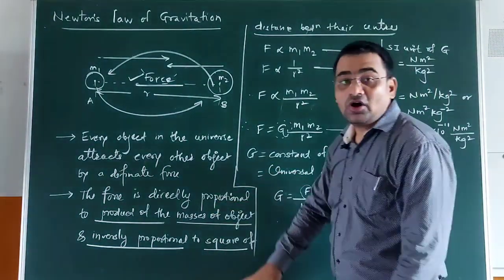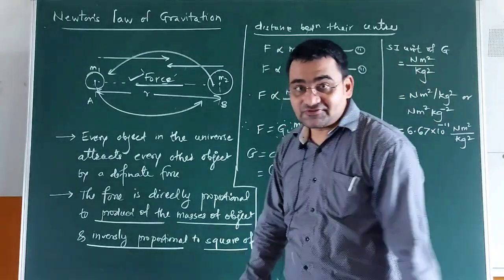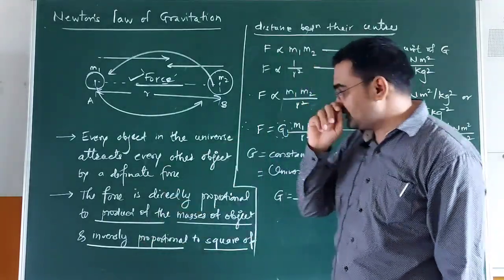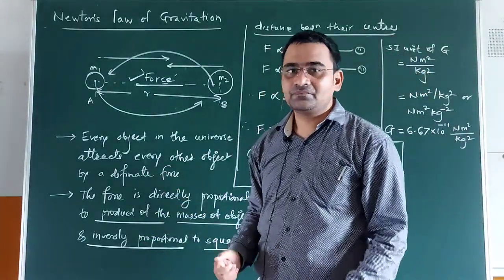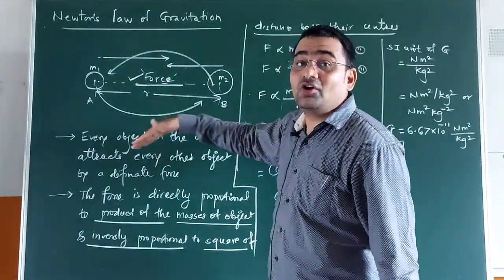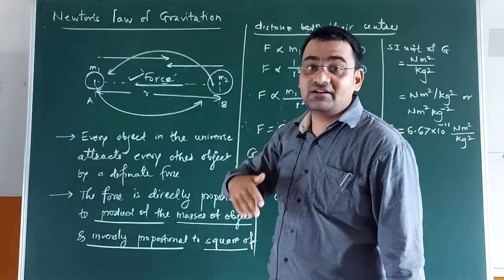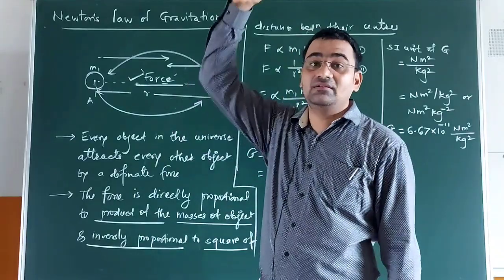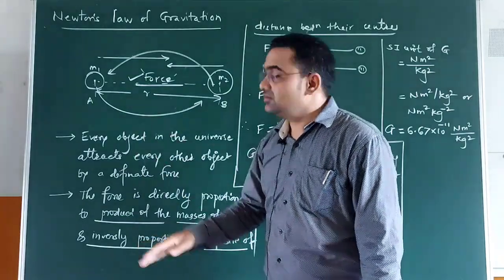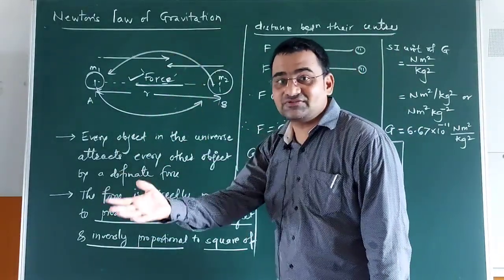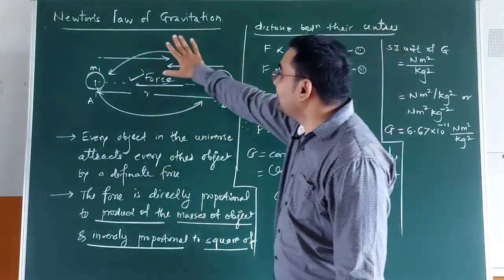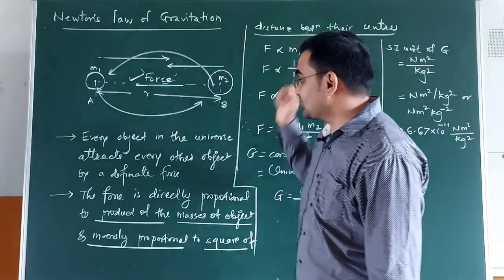This law is valid for all the particles present in the universe. So if Newton is correct, we may have some doubts and questions. In a very simple way, if I ask, the board is an object, I myself am also an object, then why am I not attracted towards the board and the board is not attracted towards me? This fan, everything kept here, we are not getting attracted towards each other. Then why is Newton wrong? Practically he is not wrong, but there are some conditions which we are going to learn in detail in the next article, next video. But here I will again revise in short what we have learned today, Newton's law of gravitation.